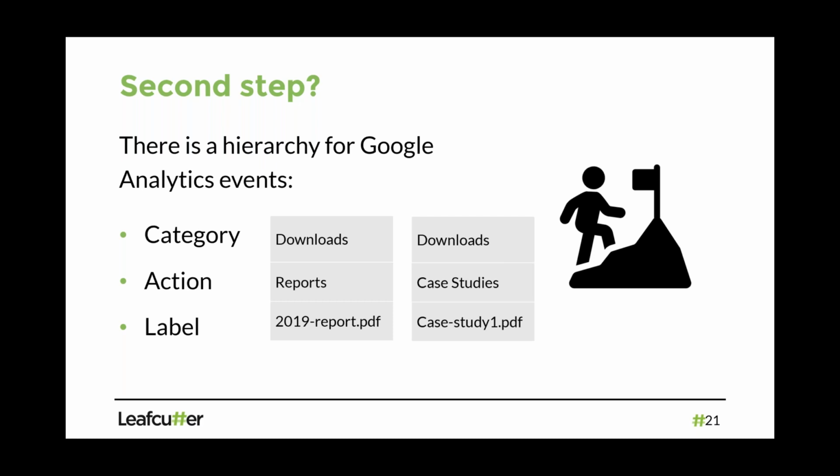Okay, so I have this hierarchy of information. And the downloads is going to be stored differently to, say, the contact us. So people clicking on a phone number or people clicking on, say, an email address, right? So there's a hierarchy that goes along with those. Again, rather than spending heaps of time on that, it's more just to let you know this is possible. This is a great way to build up a better picture about what happens on the website.